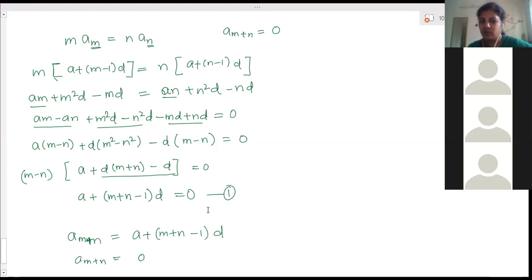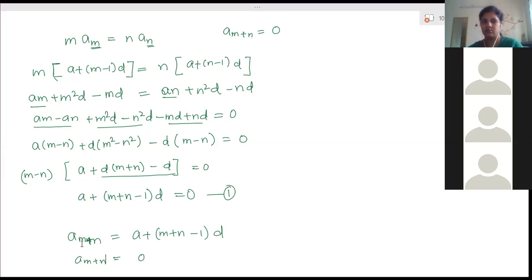And this value we already have got as 0. So therefore the m plus nth term is 0. Here there is no multiplication, no addition, no subtraction. It is only representation of a term. A, below that whatever the variable is there, it is showing the position. It is showing the term of a particular position. So that position is represented by this term. M plus n will represent a position of a term. Is it clear?